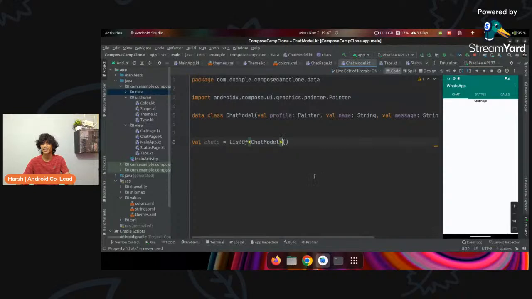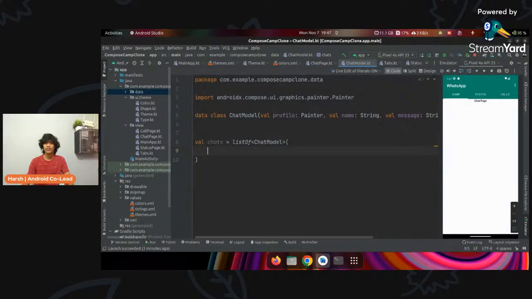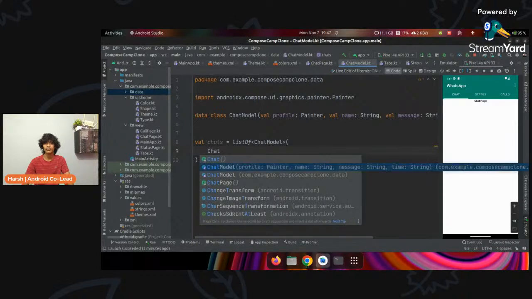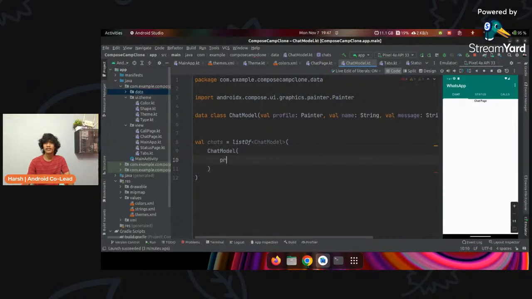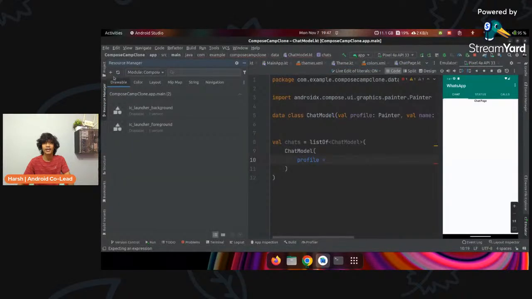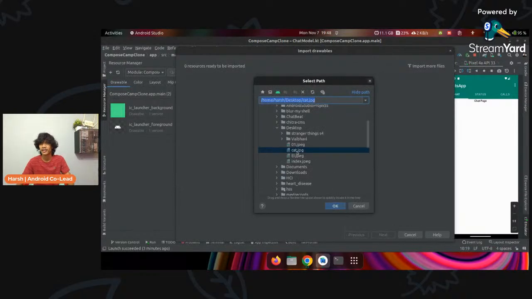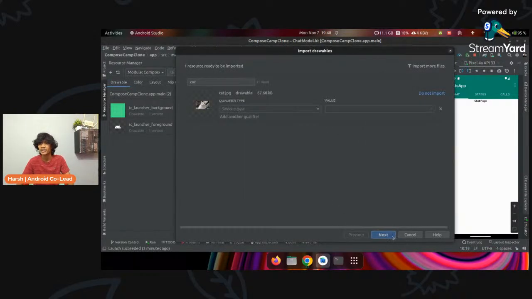Okay, many chats. So let's start creating chat model file. I guess we have to add a sample profile picture, import it. Yeah, just add this cat.jpg,